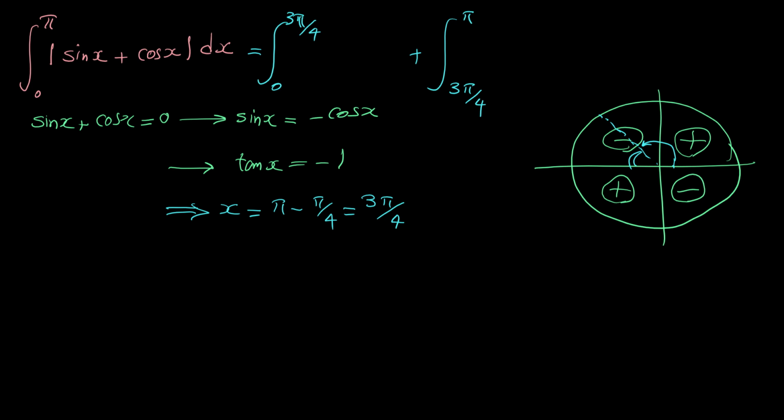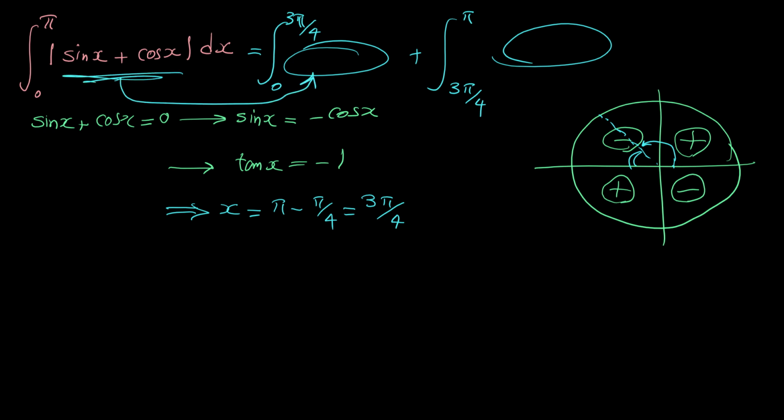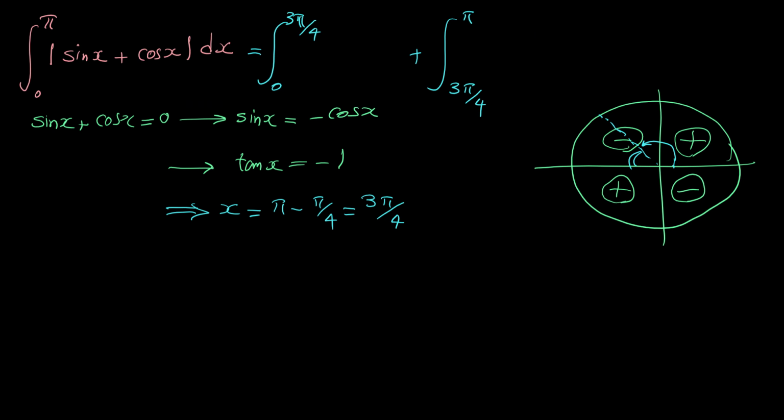Now we have to figure out in each of these integrals what we have to write. We have to write either this expression or the negative of this expression. But how can we figure that out? It's very simple. As usual, we try a number in this region. In the first region, which is 0 to 3 pi over 4, from this point up to here, for example, you can consider pi over 2,